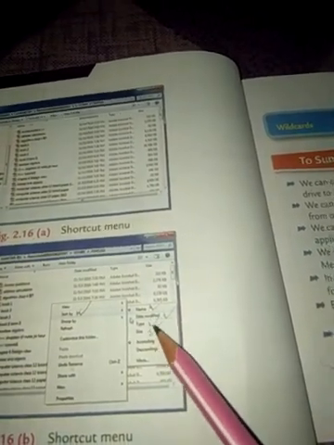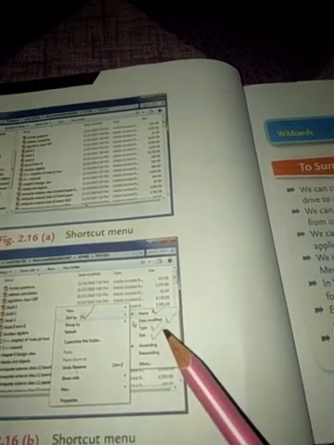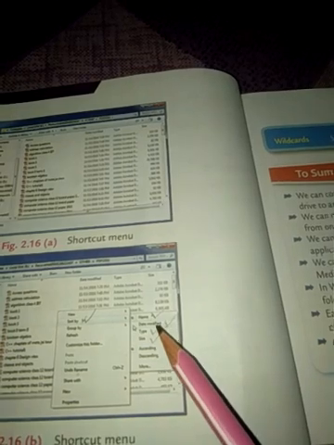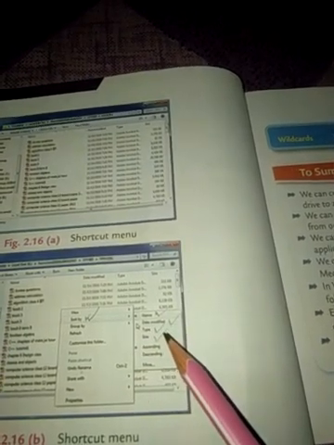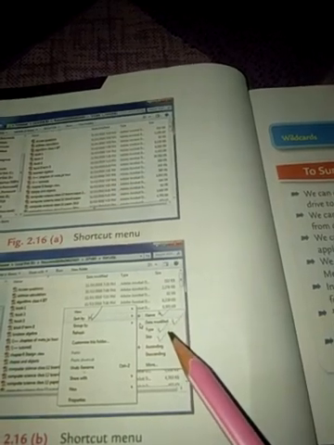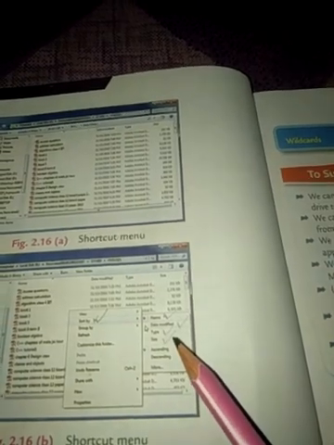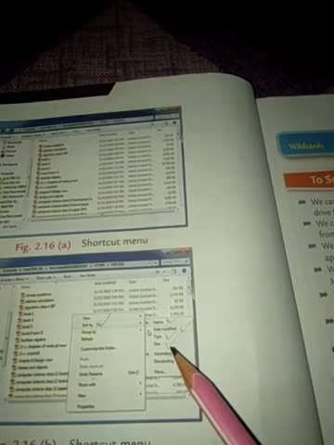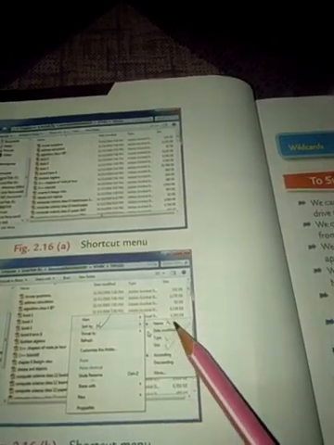Now these are the options that can be used for the sorting purpose of the files or the folders or the data. Any option will depend on our wish. If we want to sort any file or folder according to name, we have to choose this option, name.